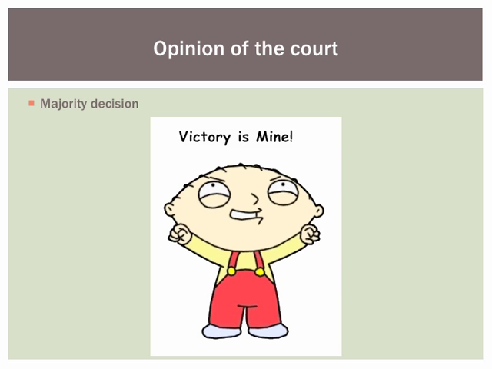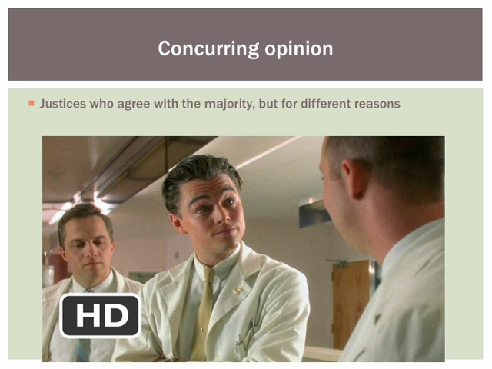Alright, so there are a few different types of opinions. First is the opinion of the court. That is the majority decision. It is the winning side. So the official opinion of the court is whichever one has at least 5 votes. So it's the winner. There is also something called a concurring opinion. This is when justices agree with the majority, so they're on the winning side, but for different reasons. So they concur, but they have different reasons. So for instance, they say, yes, that side is the winner, but for a different constitutional reason than what the majority said. So they want to write their own opinion, so it's a concurring opinion.